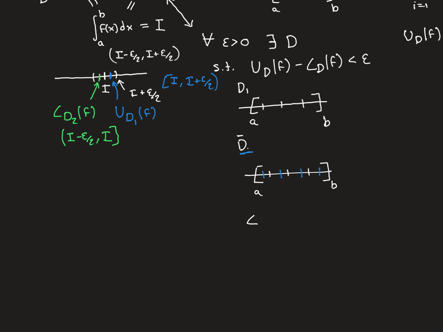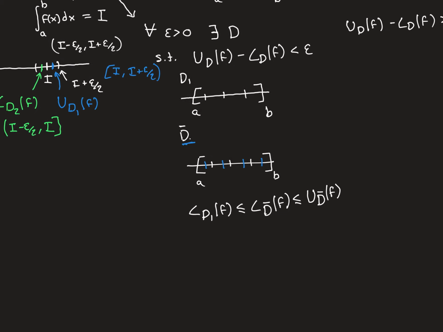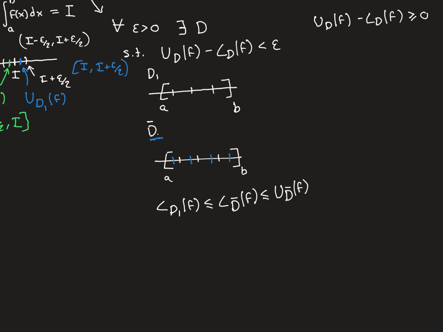The lower Riemann sum over the dissection D1, the unrefined dissection, will be less than or equal to the lower Riemann sum over our refined dissection, which of course will then be less than or equal to the upper Riemann sum over our refined dissection, because upper and lower Riemann sums always have that inequality relationship,